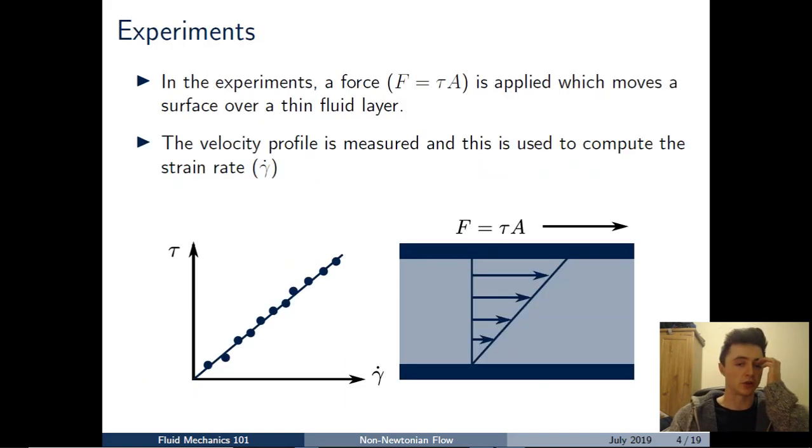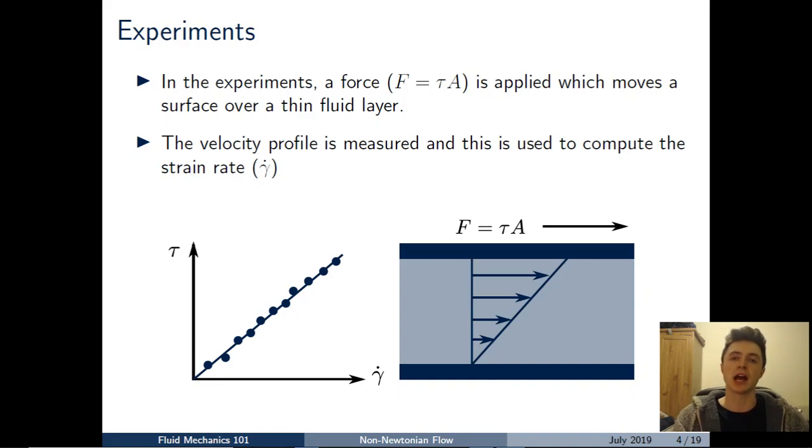So just to give you an example of these experiments, what might typically happen is we have a thin layer of fluid between two plates, and the top plate is moved with some applied force F, and that generates a velocity profile between the two plates, as you can see there in the diagram. And if the layer of fluid is thin, we get a typical Couette flow profile, which is linear. And what this experiment allows us to do is, the force applied to the plate, we can divide by its area to get the shear stress, and then we can measure the velocity profile and use this to calculate the